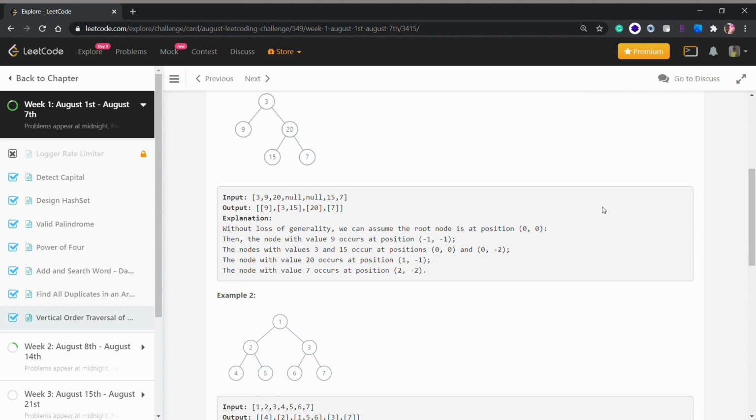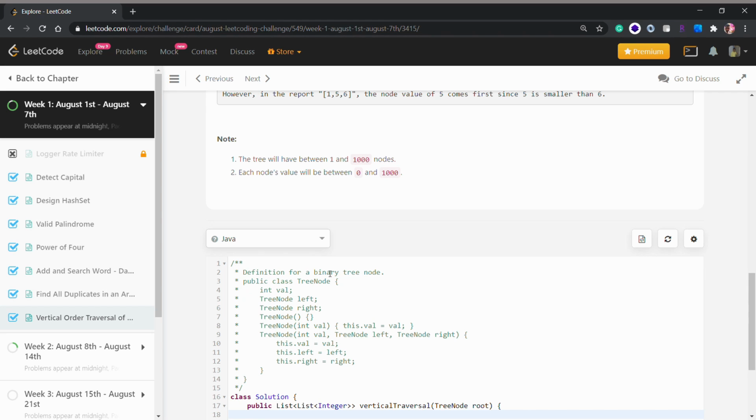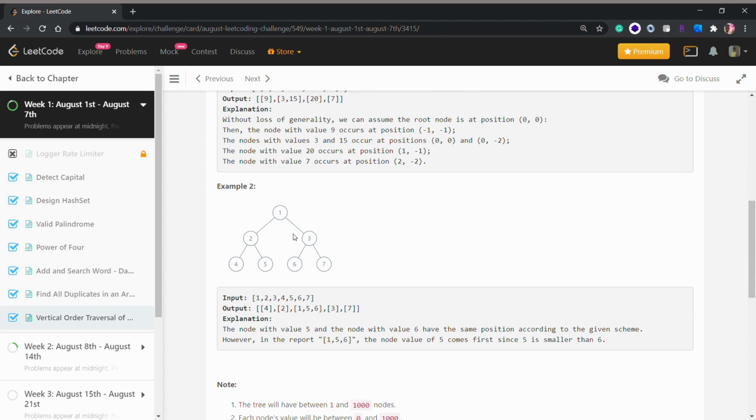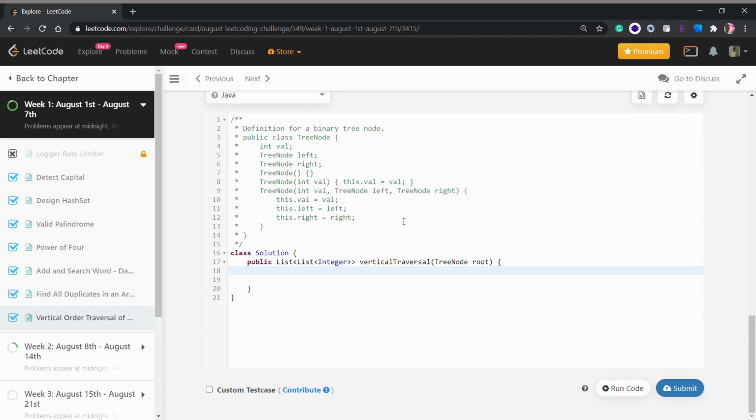Now we will just try to solve the problem. Okay, so how are we going to do it? First of all, we are going to use BFS to traverse through our nodes like 1 and then 2, 3, 4, 5, 6, 7, and we will store those values, their coordinates and their node values in a hash map. So first of all, let's create a hash map,